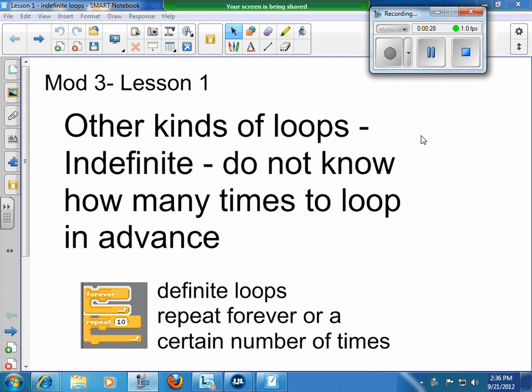So Module 3, Lesson 1, other kinds of loops. Indefinite, that is a word that you're going to actually need to know, is an indefinite loop, okay? And an indefinite loop means you do not know how many times in advance the loop will go. You don't know how many times through the loop will go. Okay, so as I was saying,